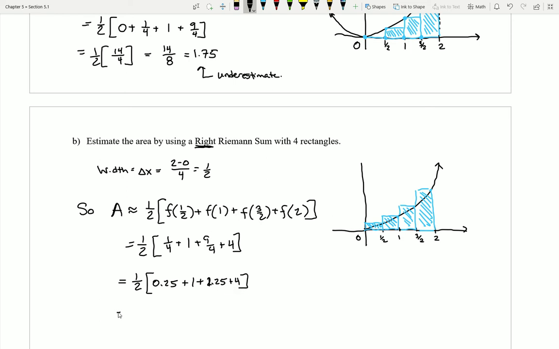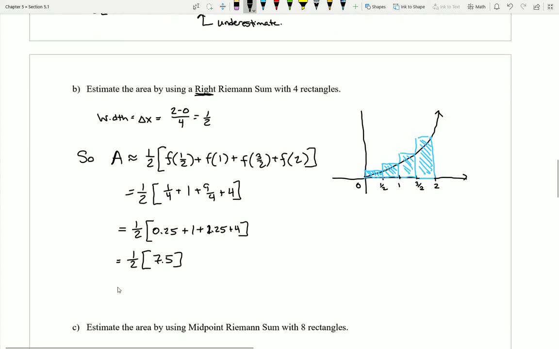So overall, I can see here that this is going to be half of, what's that going to be, 7.5 in there? So if I take 7.5 and I chop it in half, I'm going to get a value of 3.75. So again, since my picture here is grabbing way more area in blue than there was area under the curve, I know automatically that this value is an